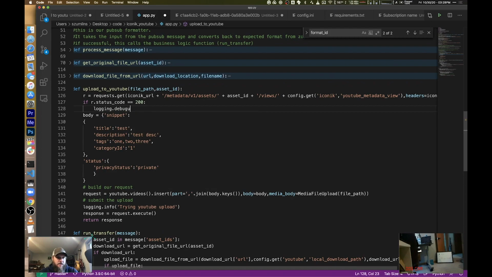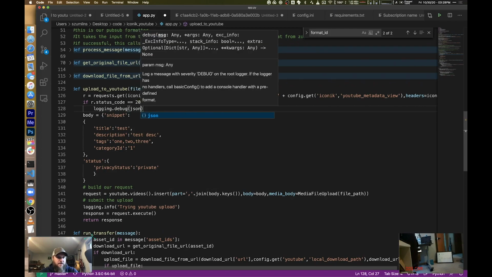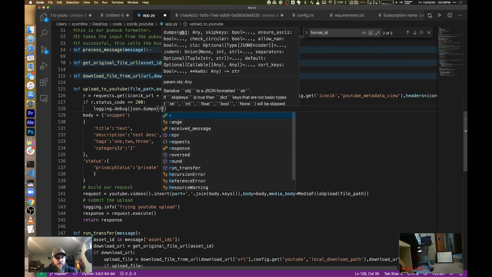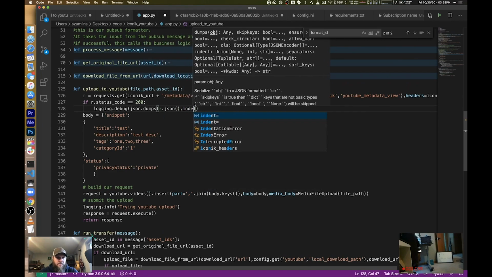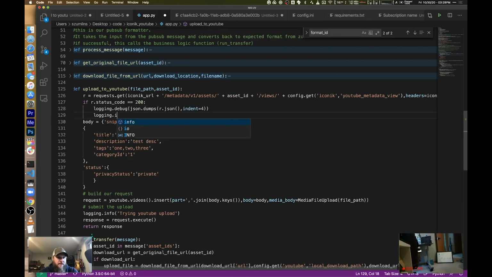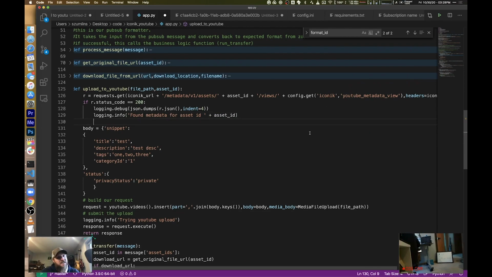Logging.debug, I'm just going to dump out our info here, json.dumps, r.json, indent equals 4. I say logging.info, look, found metadata for asset ID plus asset ID. Okay. And now we're going to have to put some information in there really quickly and get our metadata back, so